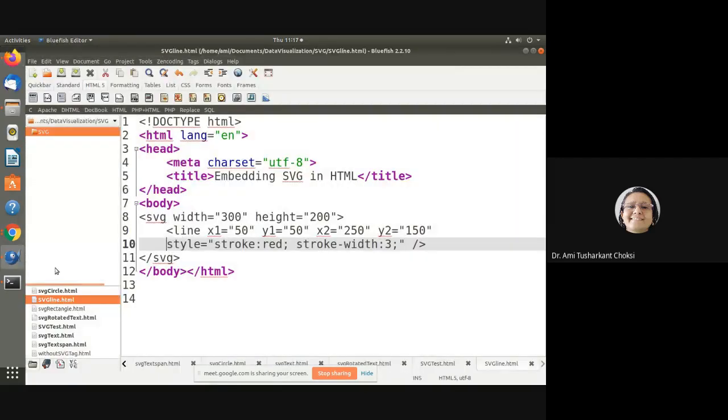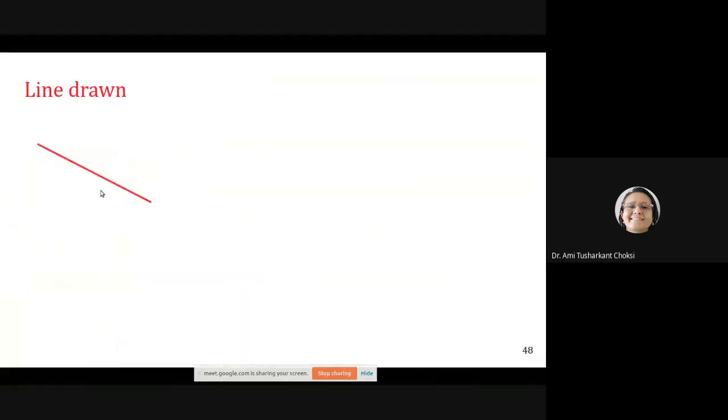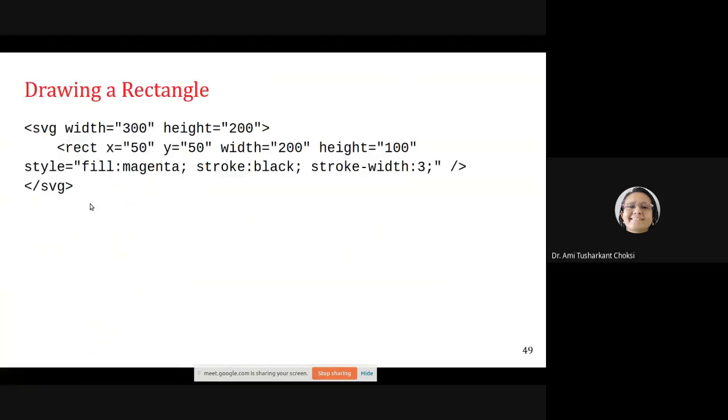So now, next we want to know about drawing a rectangle. For that, SVG width is equal to 300, height is equal to 200, rect x is equal to 50, y is equal to 50, width is equal to 200, and height is equal to 100.